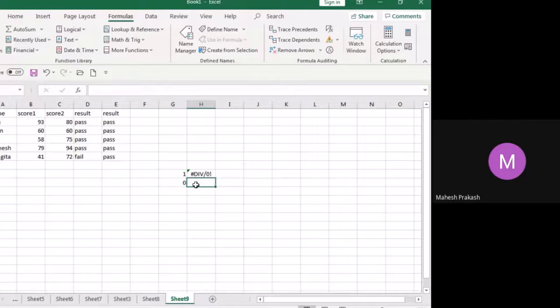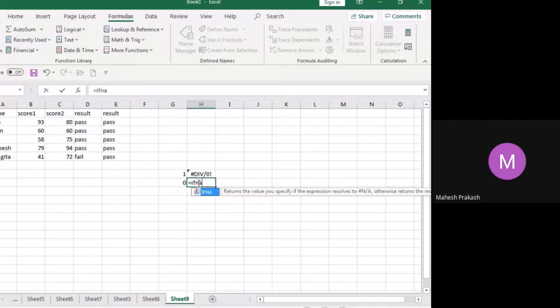Equal to IFNA, the value itself is this, divided by this, comma, I'll put 0, or else I'll say if the value is NA, it is 0.